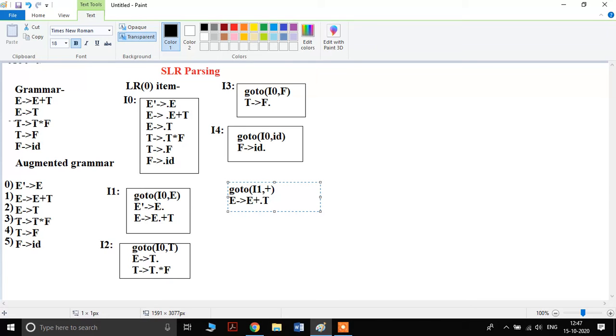Yes, because on the right-hand side there is a dot on the left of a non-terminal. That's why we have to perform closure. What will be the closure of T? What is producing T? Just check the grammar. T produces T star F. We have to write that here.